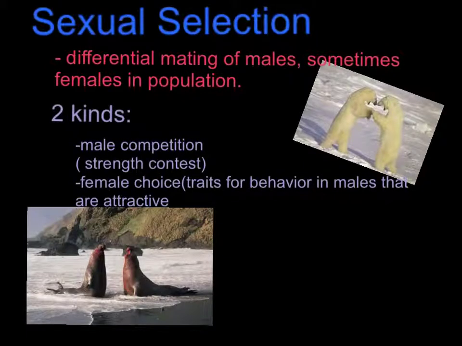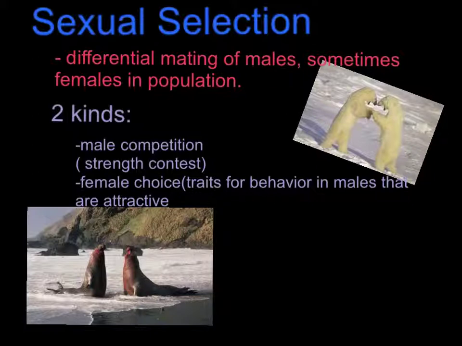Sexual selection is the different mating between the males, sometimes the females, in certain populations. But the two main kinds of sexual selection are male competition, which is the strength contest to see who's the bigger alpha within the pack. There's also female choice, and this is the traits or behavior in the males that the